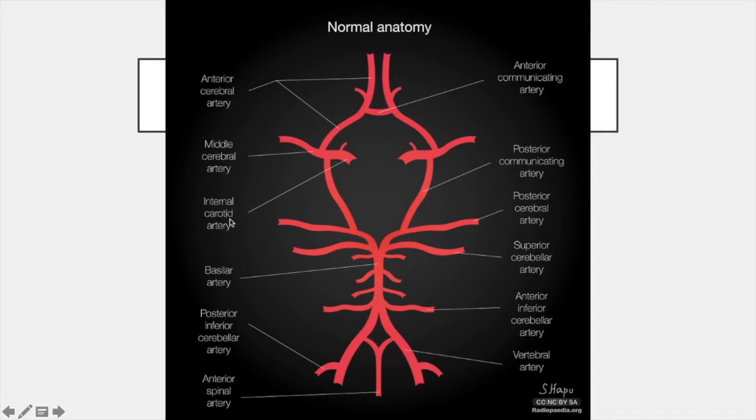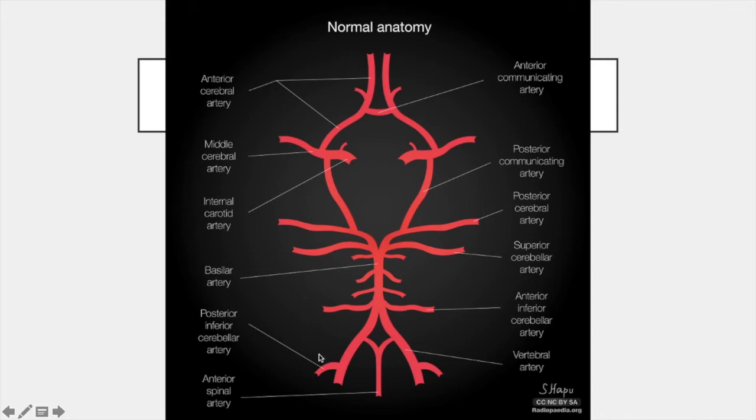For the anterior circulation, we have the internal carotid arteries, which give rise to the MCA and ACA as the terminal branches. And you can see we have the ACOM, the anterior communicating artery, which communicates between the right and left anterior cerebral arteries. These vessels form our anterior circulation. However, please note that the middle cerebral artery, although it supplies our brain, is not considered part of the circle